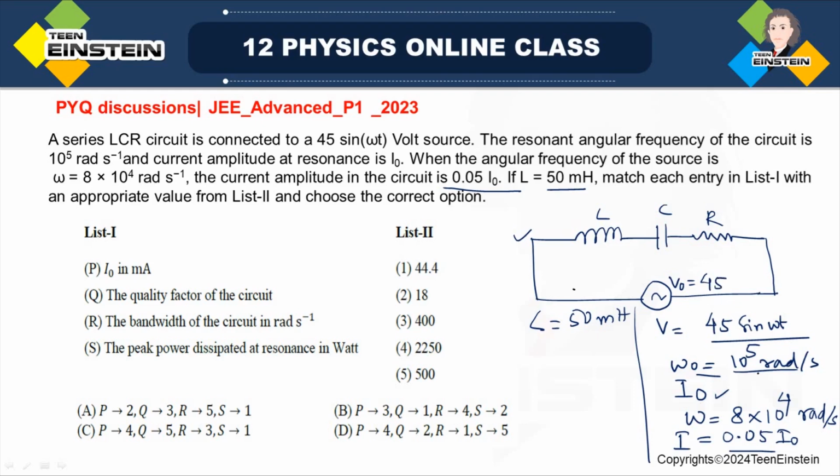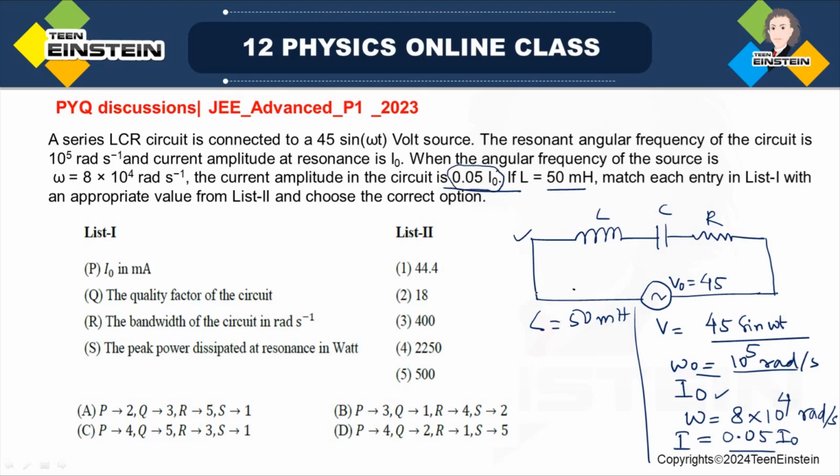Resonant frequency is given as 10 to the power 5 radian per second, and at the resonance condition the amplitude of the current in the circuit is I0. The self inductance for the circuit is given as 50 millihenry, and at some other frequency which is not resonance frequency, the current in the circuit is given as